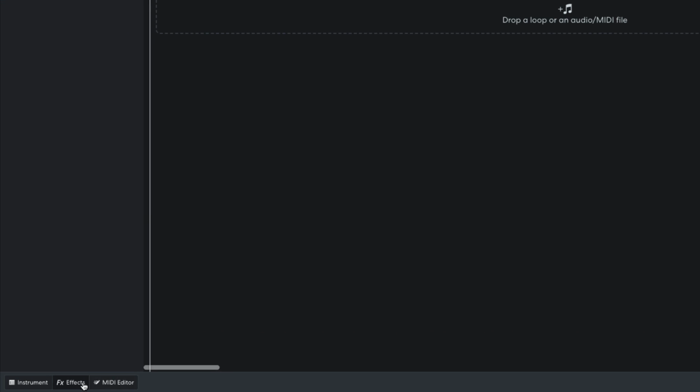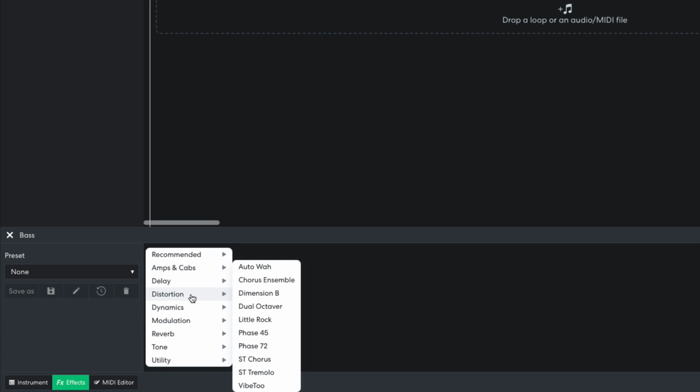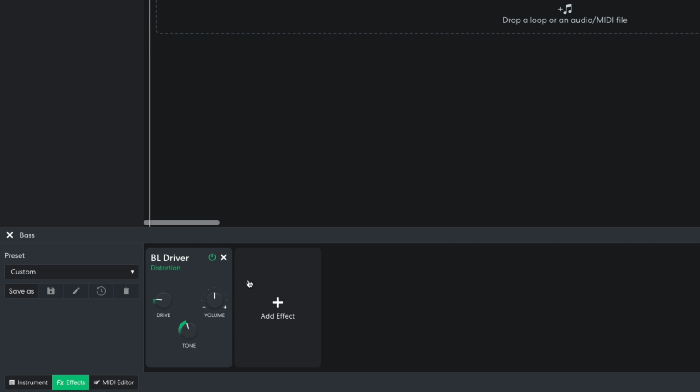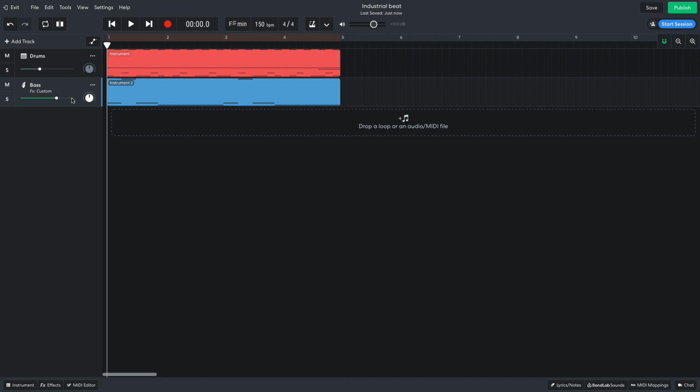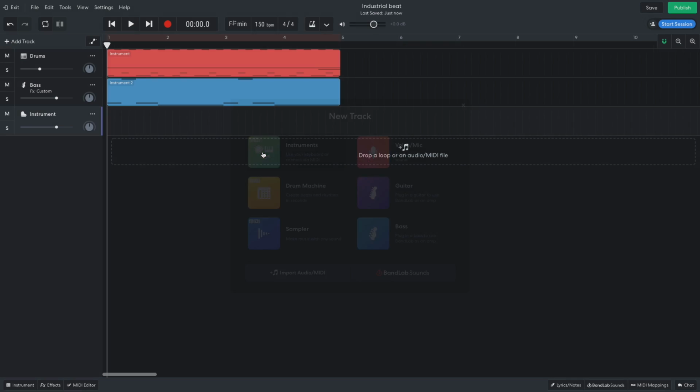I want to make this sound a bit rougher, so I open the effects panel and add a distortion BL driver effect. I turn the tone up to maximum and set the volume to 1.7. This beat and bass gives me the low down dark dirty feel that I desire, but I'd like to add